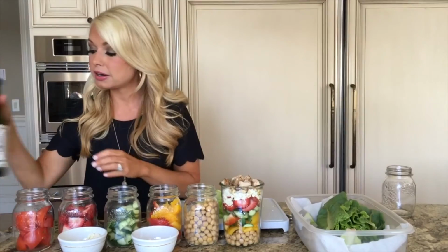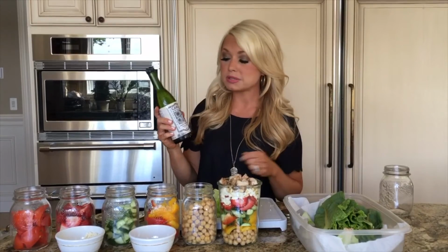Now, as far as dressings go, I like to make my own dressing with a little bit of olive oil, some vinegar, balsamic vinegar, and just shake it up and add it to it. But you could also buy a store-bought dressing, and here is my personal favorite. It's called Garlic Expressions. I find this at Kroger, right next to the produce section. And you just pour about 1 to 2 tablespoons on your salad, and it is absolutely delicious,